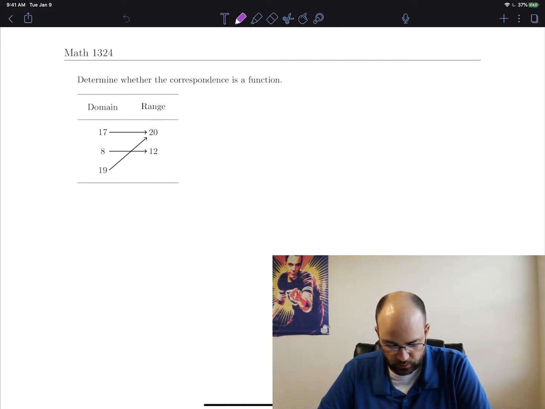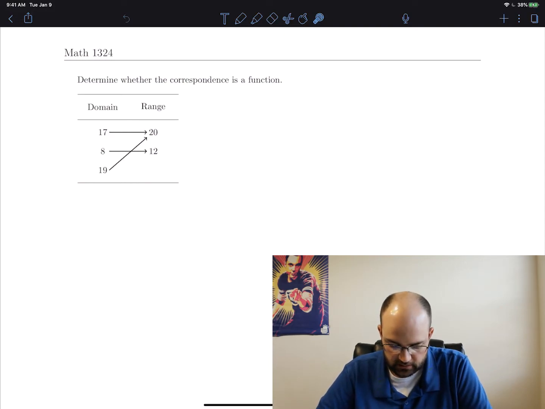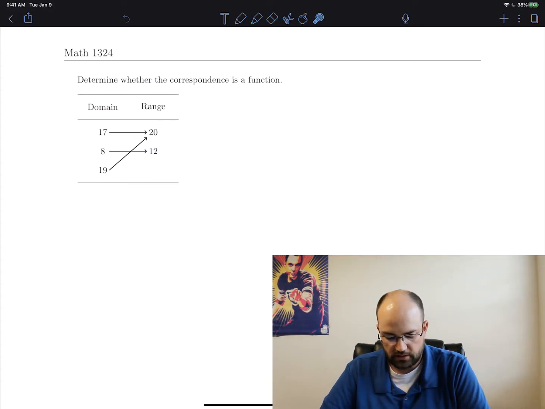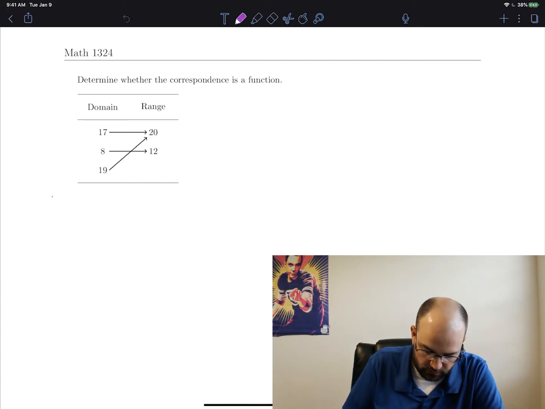In this example, we want to determine whether the correspondence is a function. Now, the word correspondence is a word that we saw in Example 1, and correspondence just means between some domain and some range, this is what's happening. So with this, any number you see in the domain, if there's a tail to head for the arrow, tail for the arrow, head for the arrow, this is pointing you to some number in the range. And so what that's telling us is that if we were to write this down in coordinate form